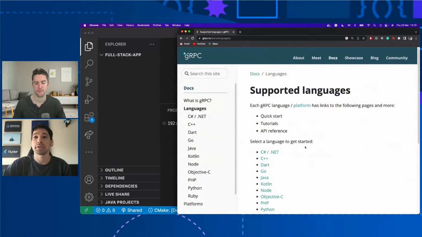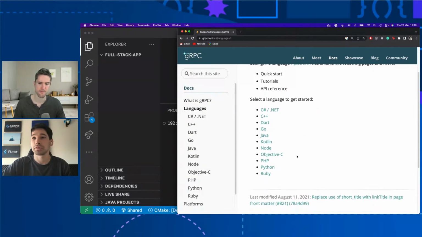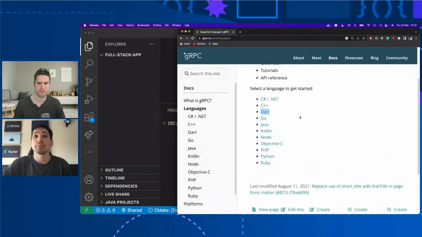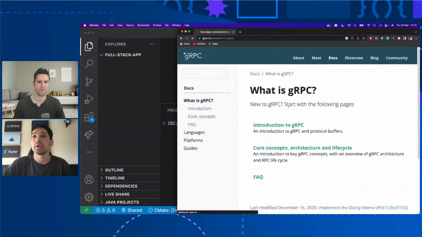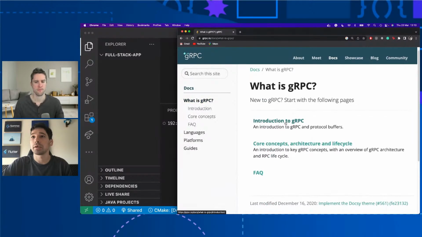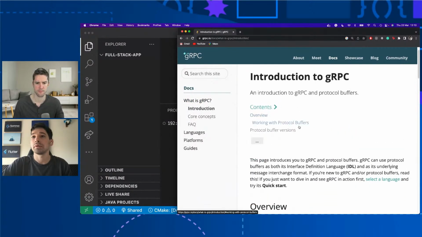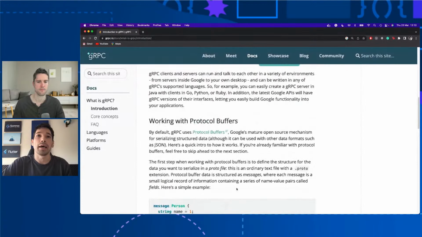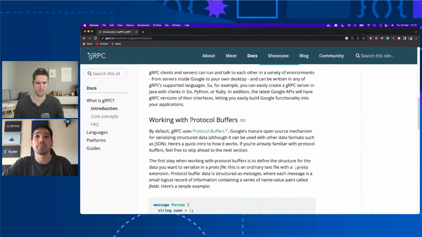So, okay, and here you can get started. We have a lot of languages. Of course, we are going to choose Dart, but you can play around with any of these languages that are really common. Another thing that I want to show is the quick intro. It also talks about protocol buffers.